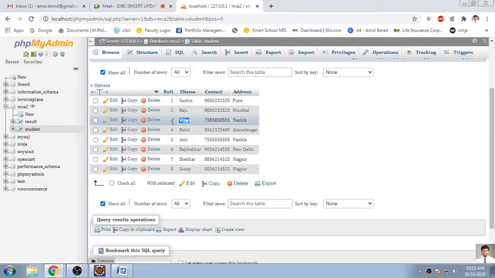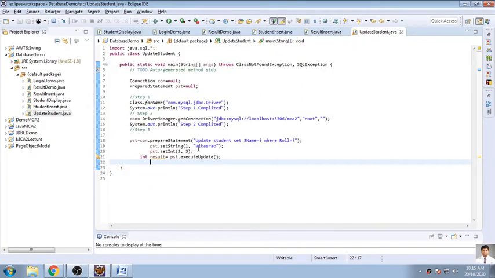So you see this is record number 3, and it is with Vijay, so we want to change it to Vikas Rao. Whenever this task is completed, we need to check whether the record is updated or not, so we have to use the if statement.